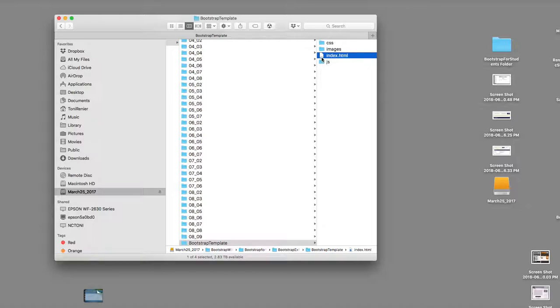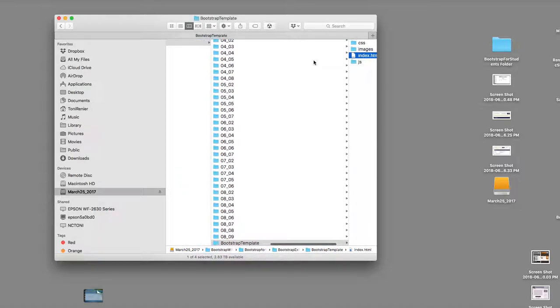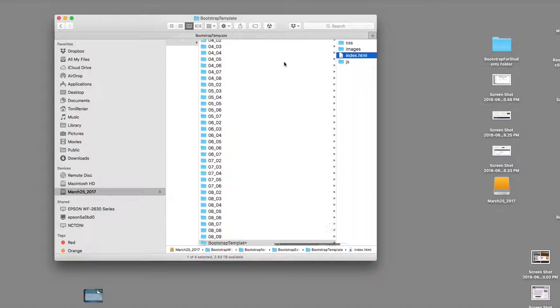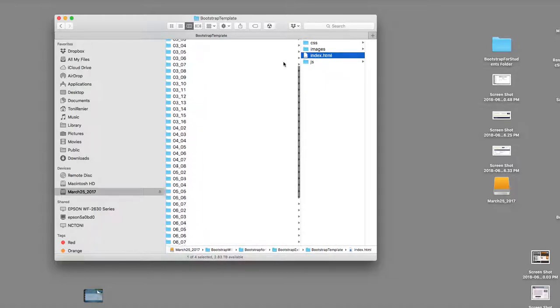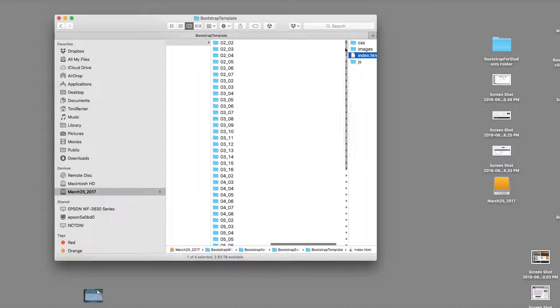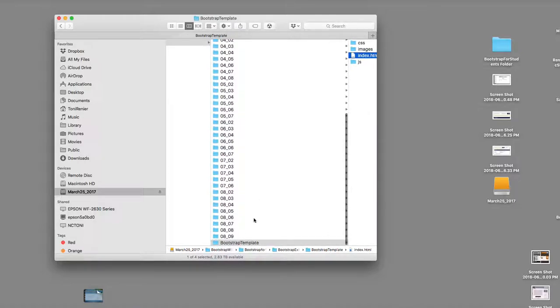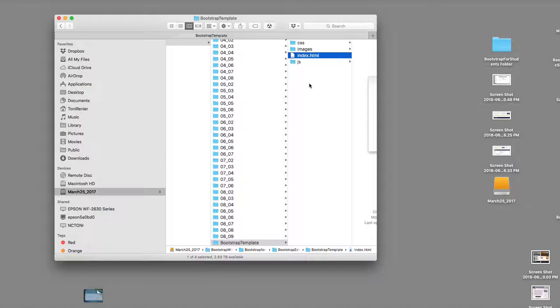Obviously you have a bunch of other information that needs to be added to that, but for the most part, this is your template. You can rename the file and use it for your about page, or use it for your portfolio page, or whatever it is that you're building. But that is the basics of what you're going to need when you start building a website in Bootstrap. So just save this whole folder. It's called Bootstrap template. Save that folder. I'd make a copy of it, in fact, several copies of it, so in case you lose it or something, then you still have it